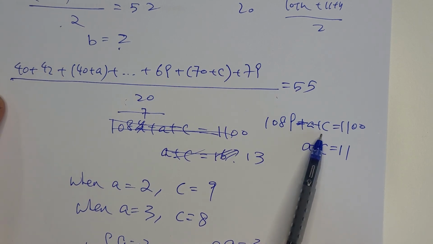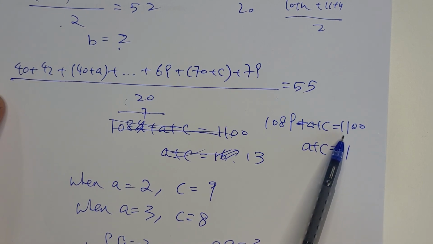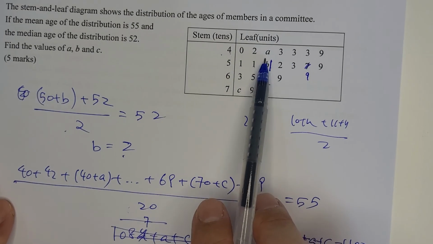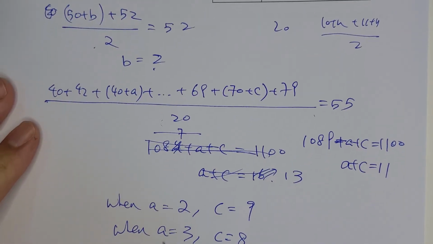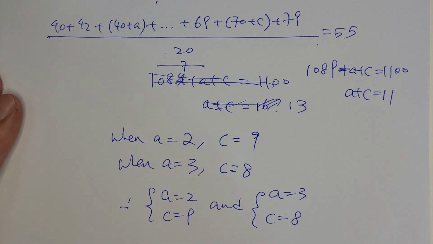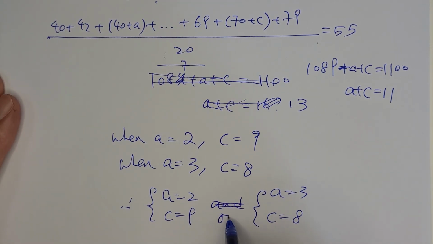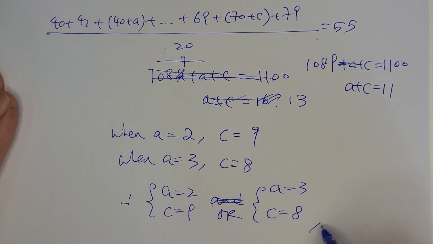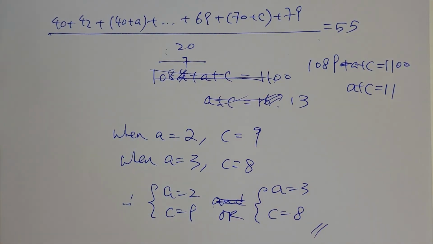Plus A plus C will equal 1100. So we find the relationship here, A plus C equals 11. They should be integers and within this range, so you can eliminate all impossible answers and write down all feasible solutions. In this one, it should be "or", okay? Either this set or another set. Okay, so that's the end of question number 9, and that's the end of